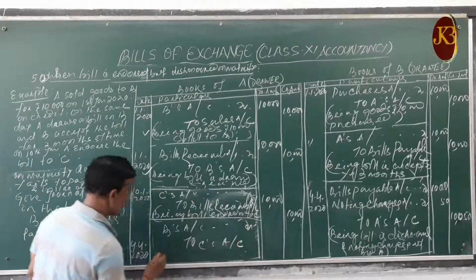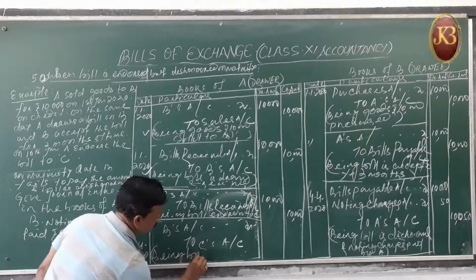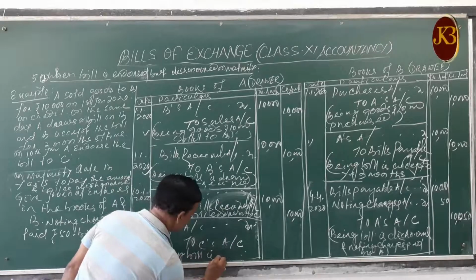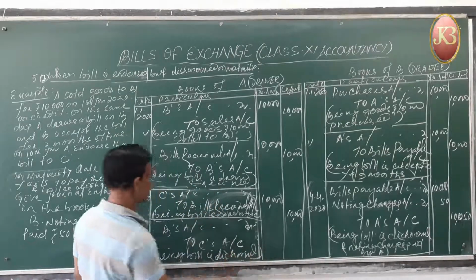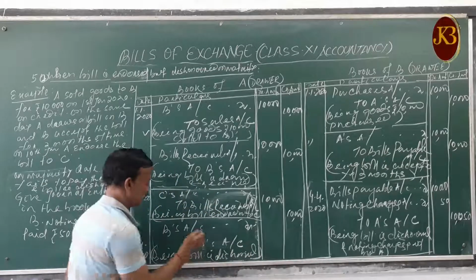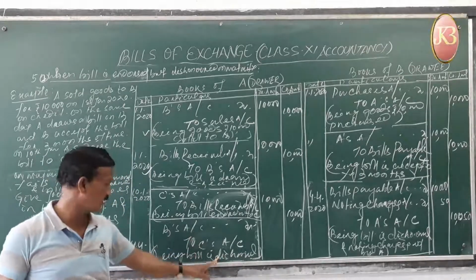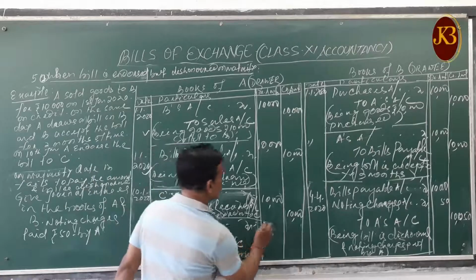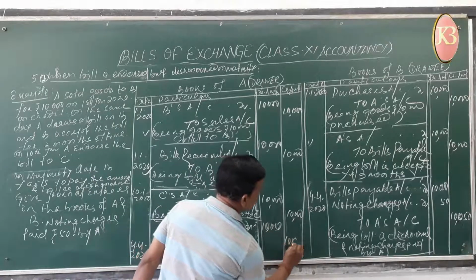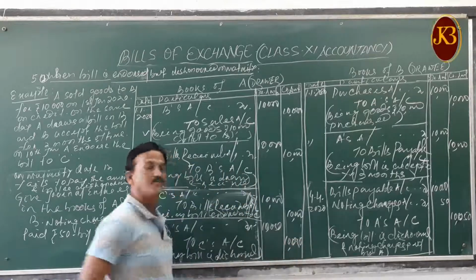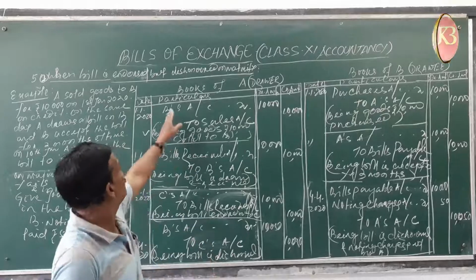So this is where the bill is dishonored. This includes your 10,050 rupees, because this 50 rupees is the noting charges paid by C, recovered from